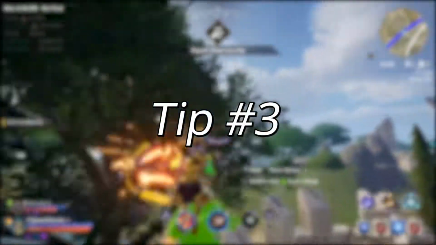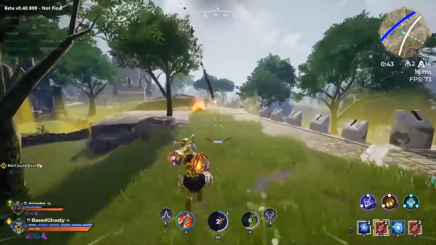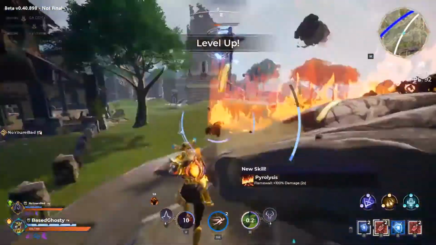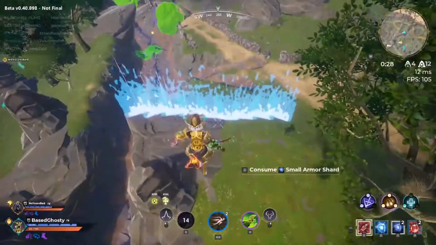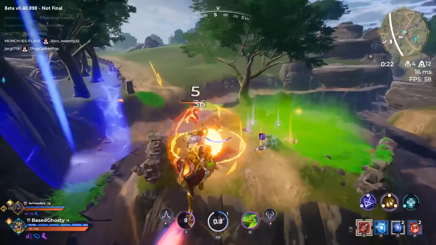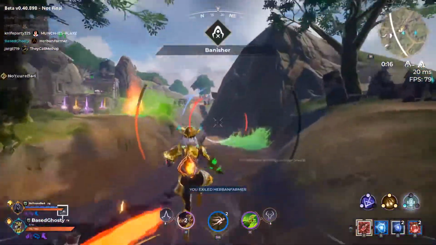Tip number 3. Your class skill level 2 Firefly is the movement option for a Pyromancer. There are a variety of ways to use this for both offensive and defensive capabilities. Every situation is different, and learning when to use Firefly will up your game tenfold. Firefly can be used multiple times with one firewall, and you can also utilize your teammates' firewalls. Don't forget that you can travel through it lengthwise to throw your opponents off at times. There are also some fun tricks you can do, such as dash into the firewall to gain more distance than